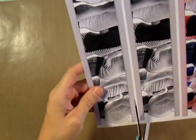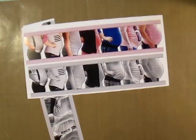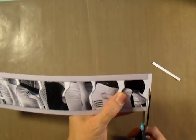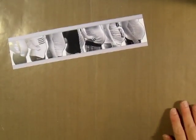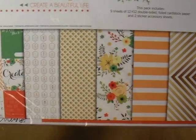And these are some pictures of my stepdaughter, and she is expecting her first child. This is my first grandbaby this weekend. And so I've just done a baby bump progression, and I'm going to use this new collection from Teresa Collins,